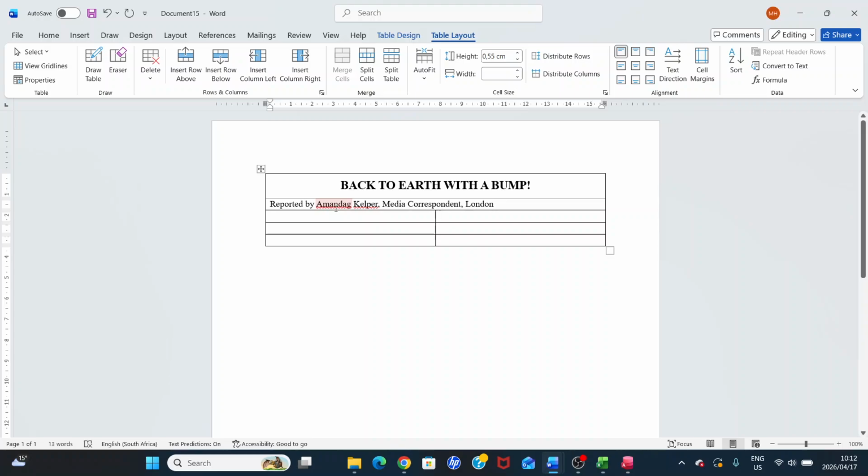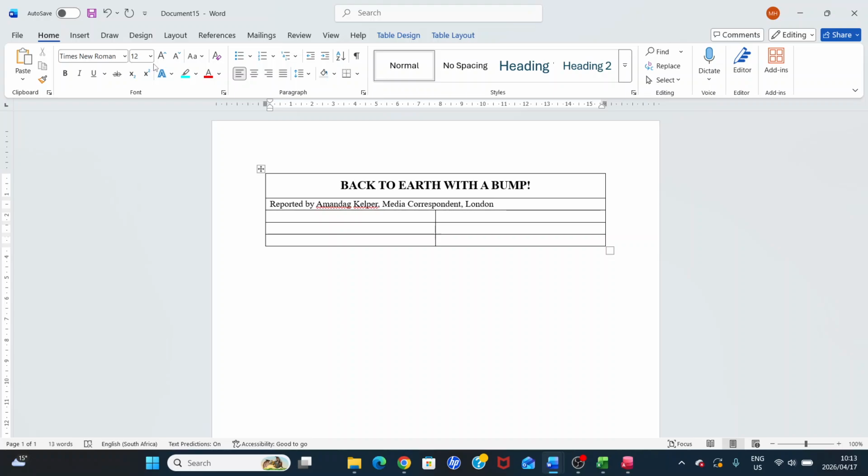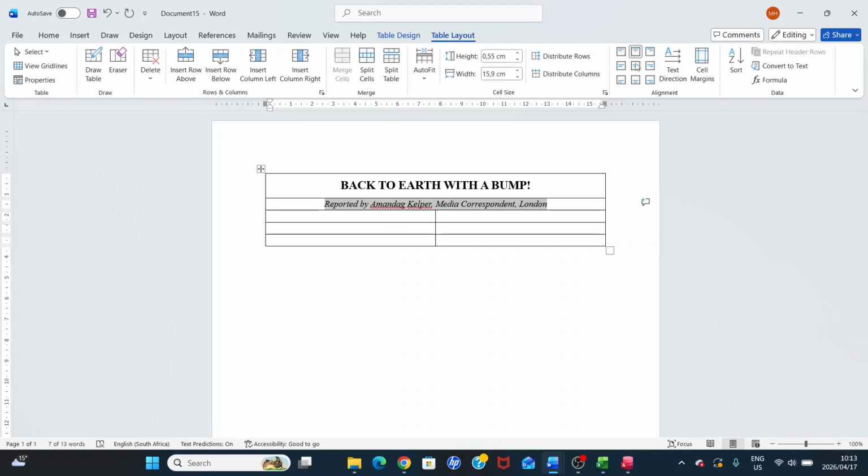Then it says the font size for the subtitle should be 12. I think it is 12. Format the subtitle to be italic. So we're selecting the subtitle and we're making it italic. Horizontally and vertically center the title and the subtitle, which is like that. Otherwise, you can also choose this one, which will mean align it always, so up, down, side, everything. Okay. Now let's go to enter the text in row 3.